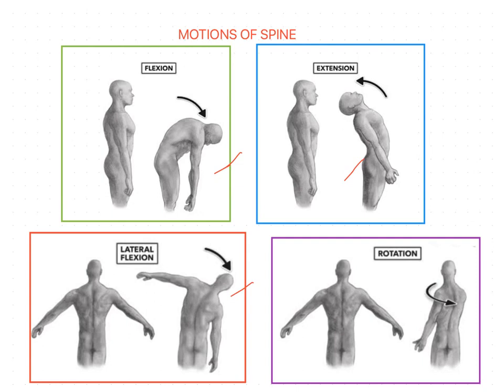Out of all these motions, the predominant motions that exhibit coupled behavior are lateral flexion and rotation. At any region of the spine, whether cervical, thoracic or lumbar, lateral flexion is always associated with rotation, and rotation is always associated with lateral flexion. A small degree, a very little amount of lateral flexion, is associated with rotation, and vice versa.